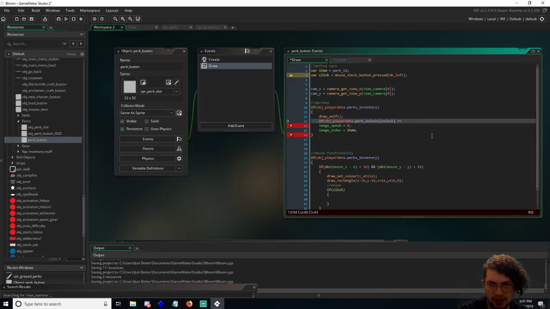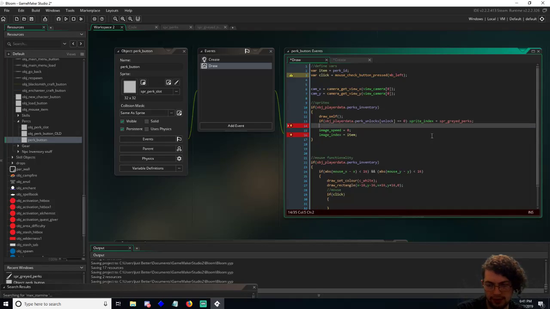And so if this is equal to 0, then sprite index, which is different from image index, will be equal to SPR grade perks. If, basically, same thing. I could do this as an else, but I might add other layers to this. So this equals SPR